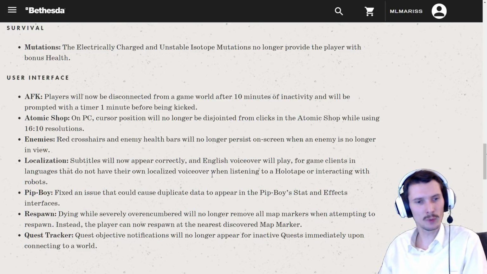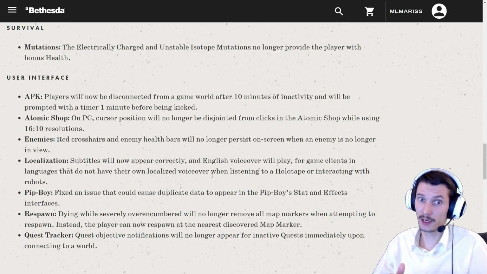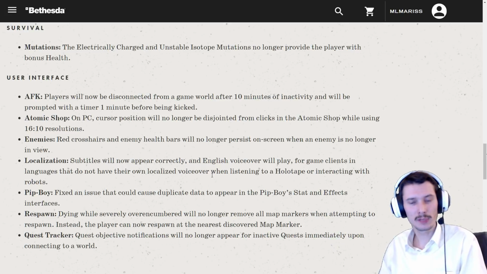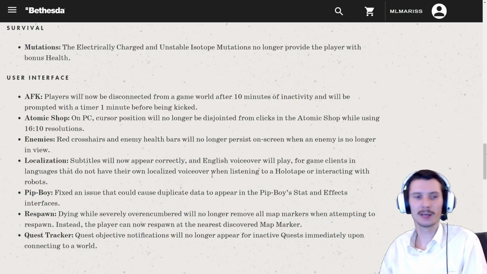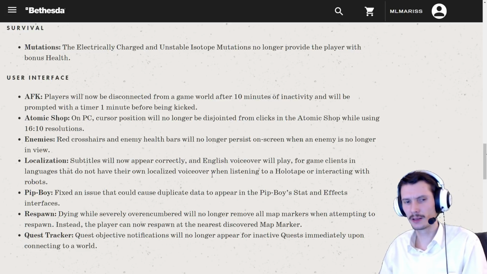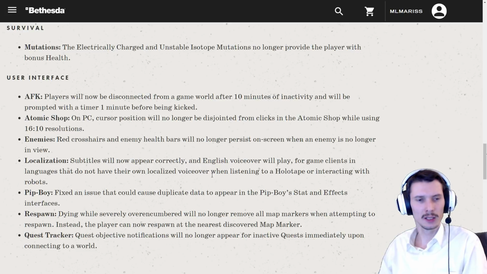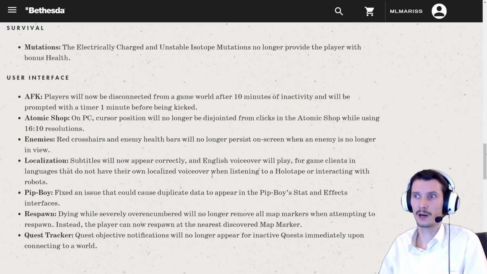Respawn: dying while severely overencumbered, which is like every time. That's how the game works. It will no longer remove all map markers when attempting to respawn. I have never encountered this. Well, I haven't died that many times probably, but okay, thank you. Instead, you can respawn. So again, there was a bug, they fixed it, markers are not disappearing. Thank you for that. And quest tracker, quest objective